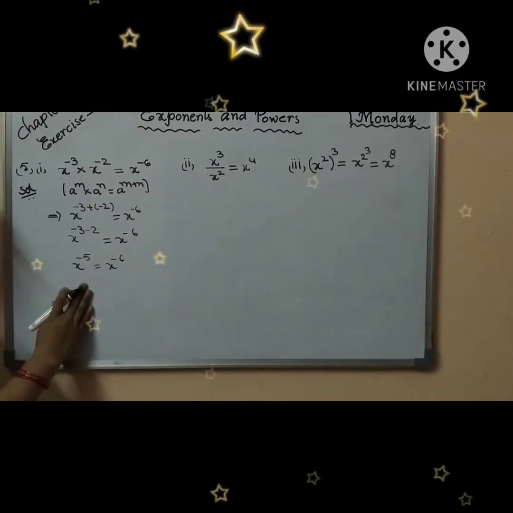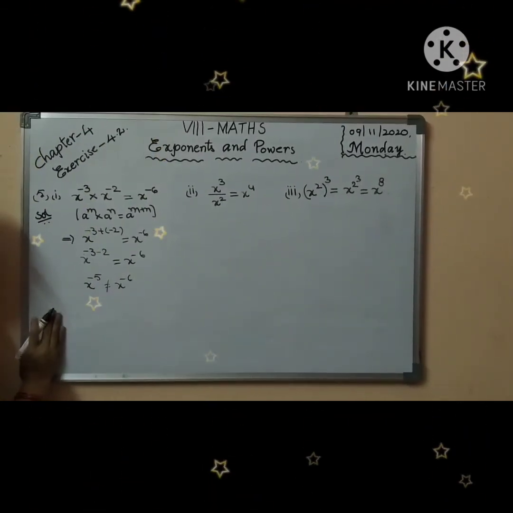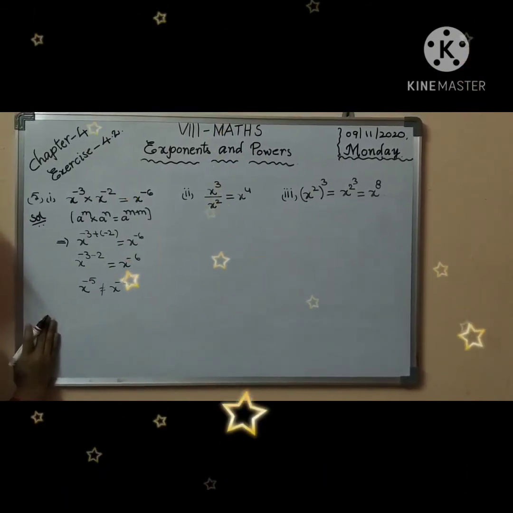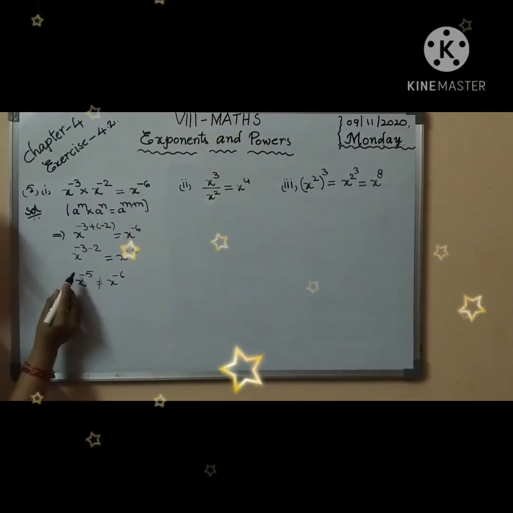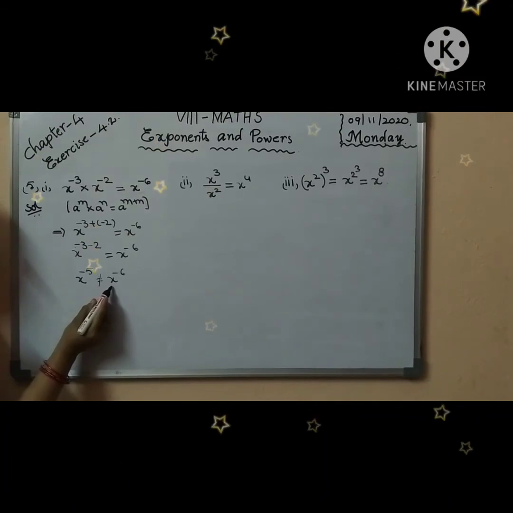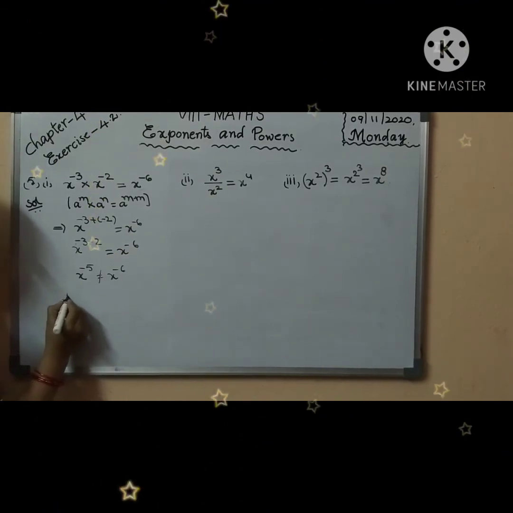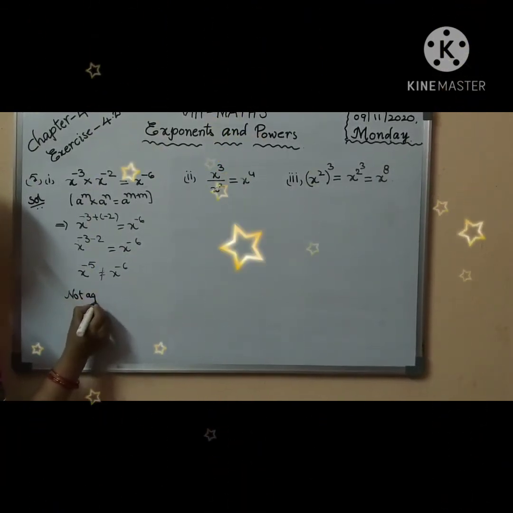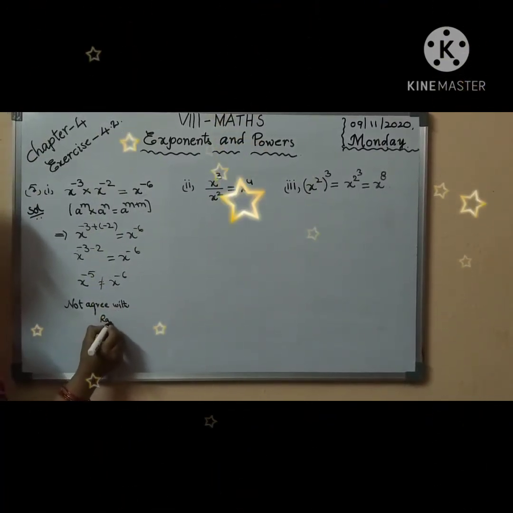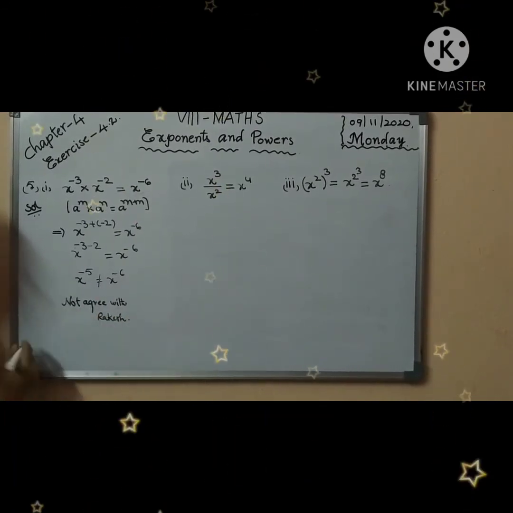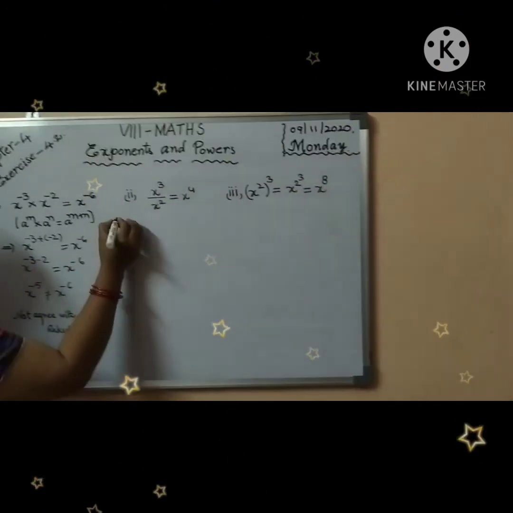So in this problem, are both sides equal? No, it is not equal. Are you agree with Rakesh? Rakesh solved the problem as x power minus 6, but the correct answer is x power minus 5. Do you agree? No, not agree with Rakesh. Okay, it is the first one. Next, second problem, second solution.